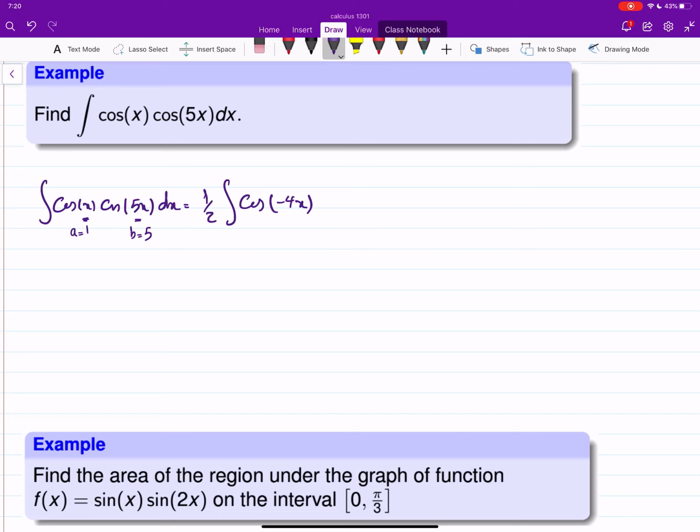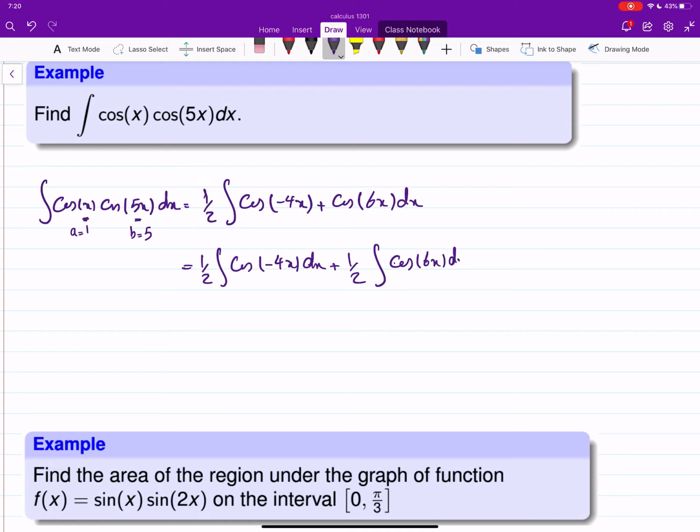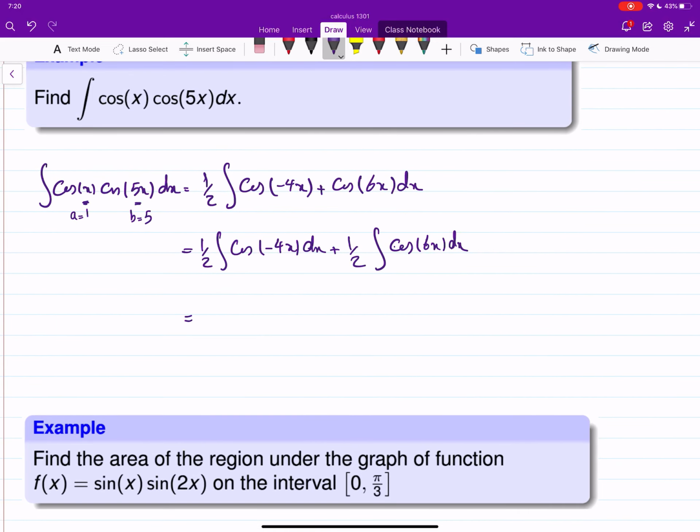And when both of them are cosine, the middle it is plus. You can see up there, plus cosine of A plus B, 6x. And then we separate each one to its own integral so that we can apply substitution or whatever rule we have there. And this will give me, well, integral of cosine mx is 1 over, so maybe I should write it down here, integral of cosine mx dx is 1 over m sine mx,